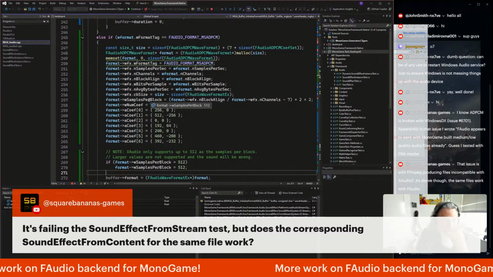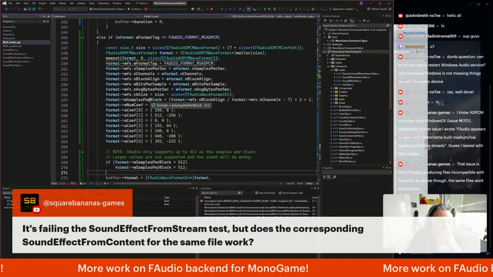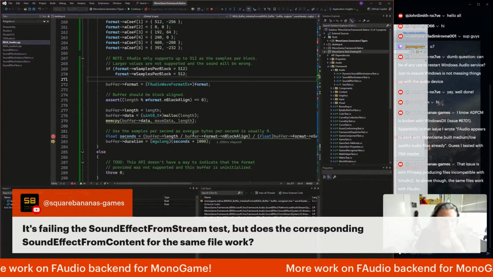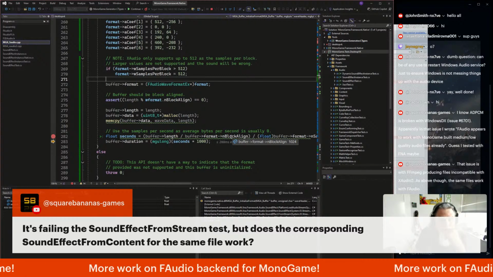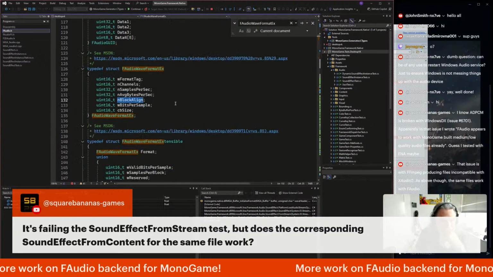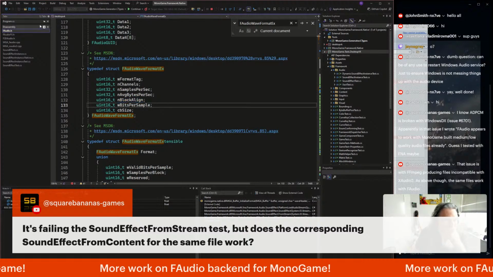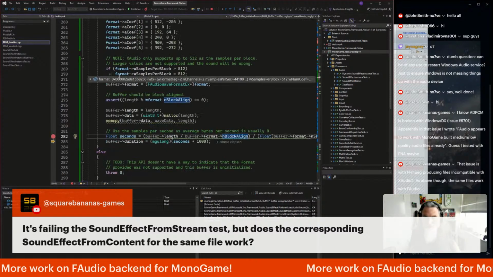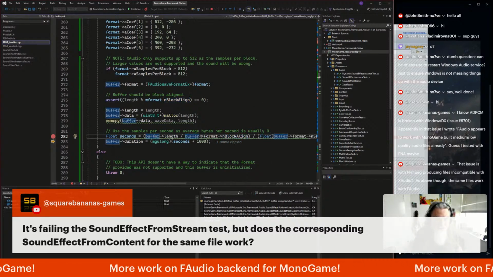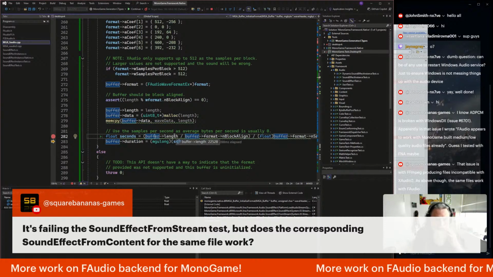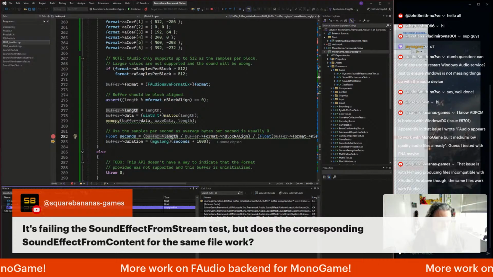If I know how many samples per block, and then the block alignment, I think in this is actually, well, I'm not sure if that's the right way to do that. Let's do some experimentation here. I think that with the length in bytes,